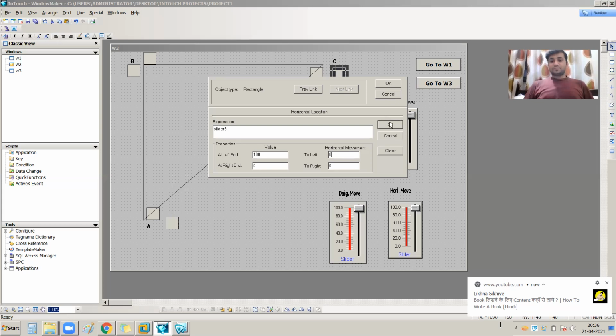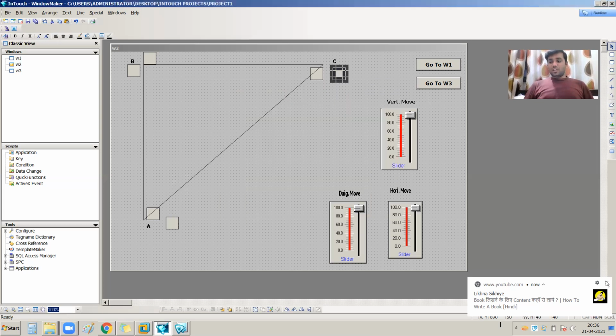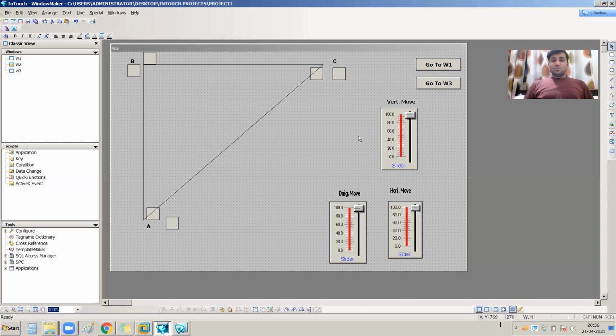So this is my zeroth position, checking for the x-axis, 690. And what is my left hand side? 100. So 690 minus 100 is almost 590.